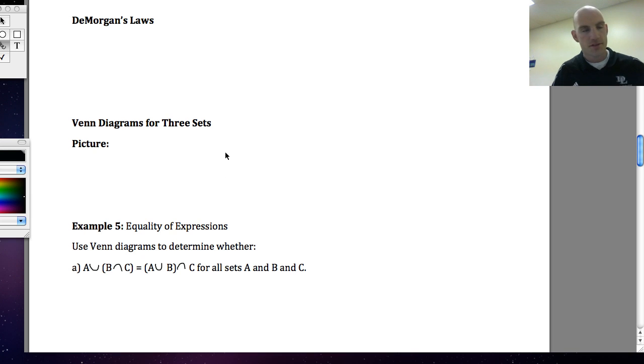This is the second part of set operations. We're going to start out with De Morgan's laws. And De Morgan's laws are going to generalize set theory in a way. They're going to generalize some Venn diagram operations for us so that we can have those and never have to think about them. So for all sets A and B,